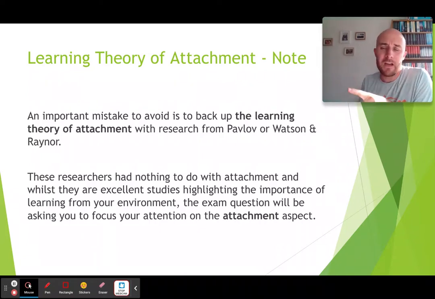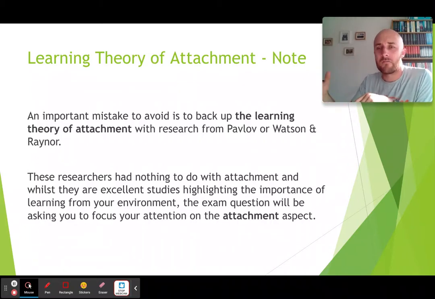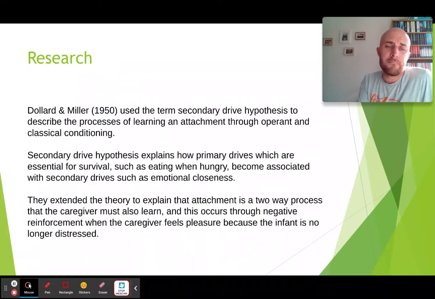So you need to be careful because the question you're going to get in the exam is going to ask you, describe and evaluate the learning theory of attachment. And if you're going on about Pavlov and Watson and Rayner, then you're going to get nothing, right? So you need to stick to pieces of research like Dollard and Miller. Now, I'm not going to go through this in too much detail. Feel free to pause the screen, because I'm a bit worried about time. But Dollard and Miller are really the people who they applied learning theory to